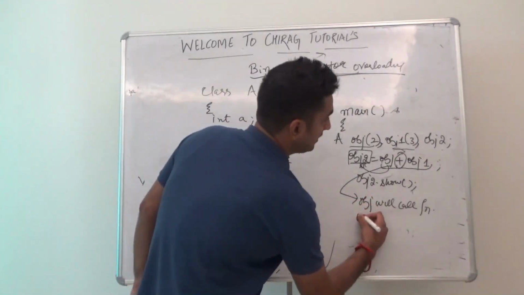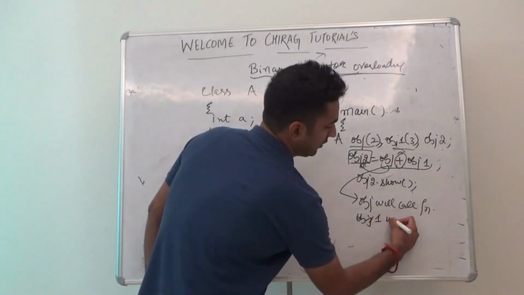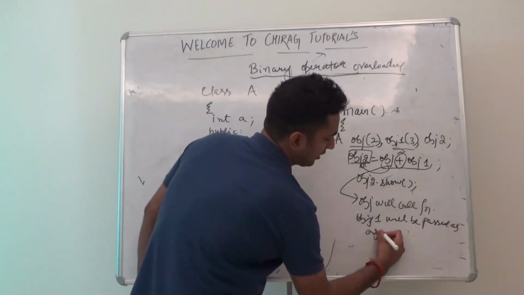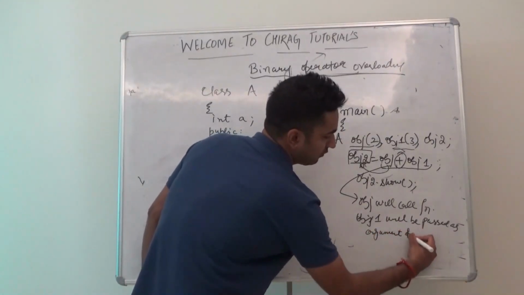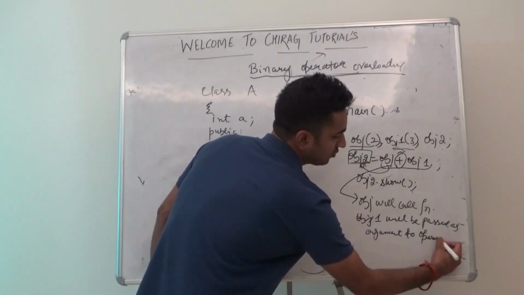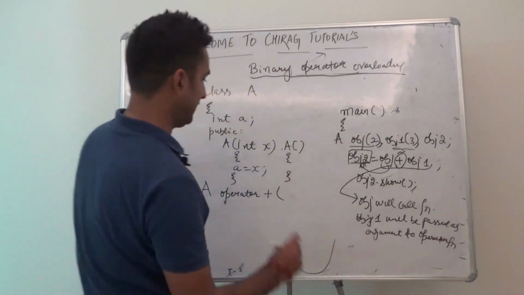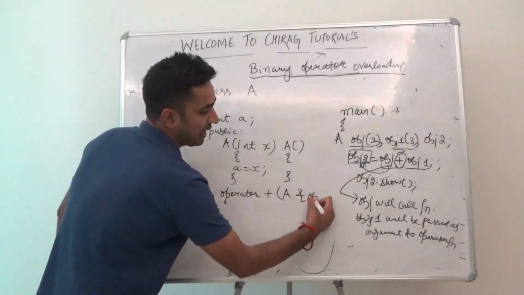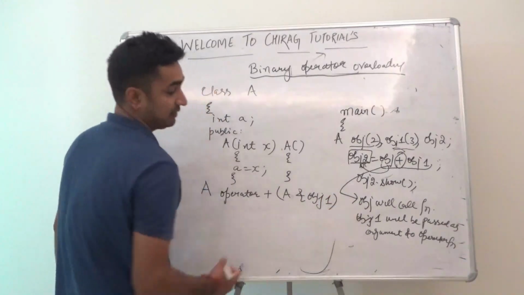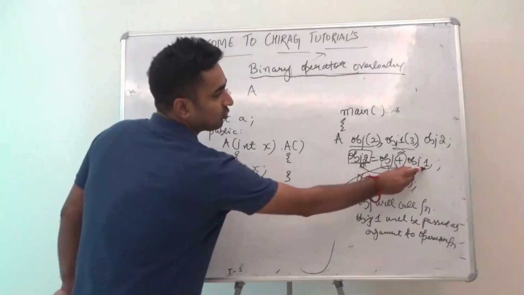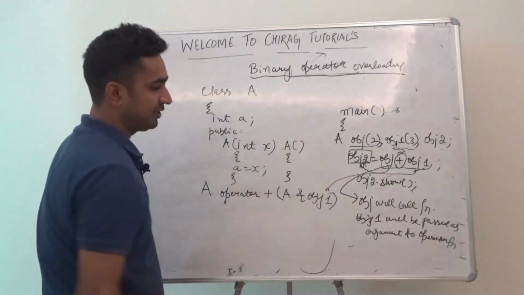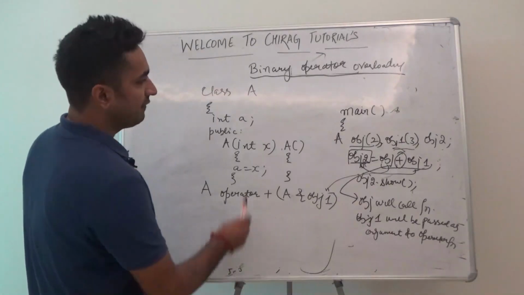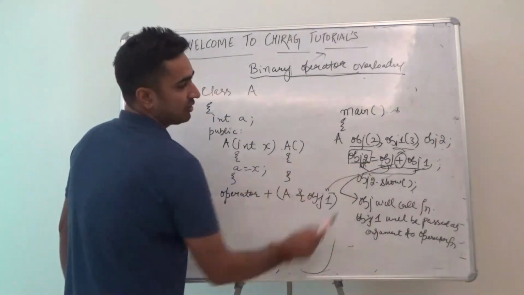whereas obj1 will be passed as argument to operator function. So this is a rule for it. It means I'm writing an address of any operator. So guys, this is a clear rule for it. This obj1 will be passed as an argument to it, although you can write temp, anything you wish to write, whereas this obj will call the function.